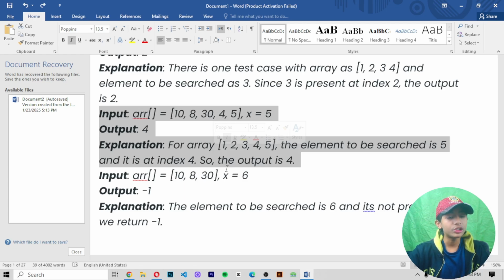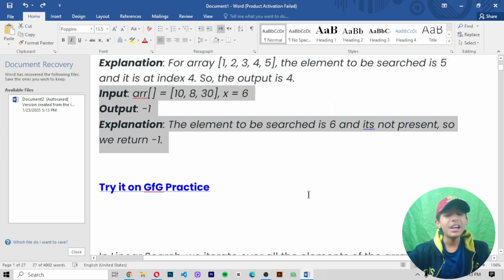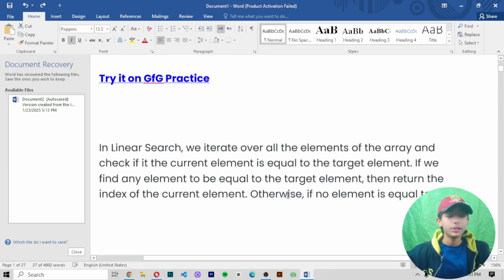Input ARR = [10, 8, 30], x = 6. The output will be -1. Now let me explain. The element to be searched is 6 and it's not present in our array 10, 8, 30. So we return -1. Try it on GFG practice.